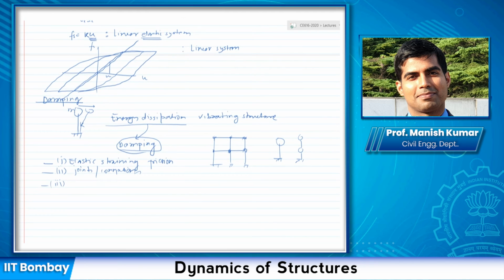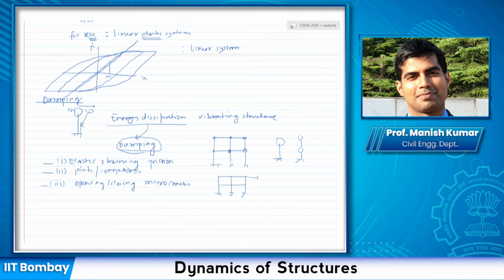There could be other types of structures. Instead of a steel building, let us say I had a concrete building, which does not have connections like a steel building. But still, if you apply a force, the concrete has micro cracks, and when you apply a force, these micro cracks will open and close because of the applied force. So it could be due to the opening or closing of these micro cracks that energy would dissipate.